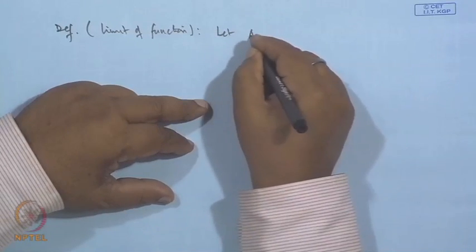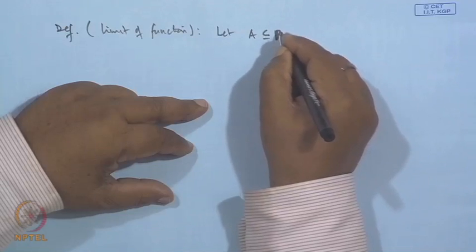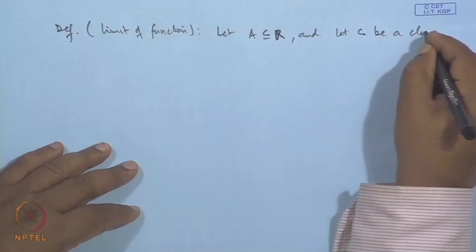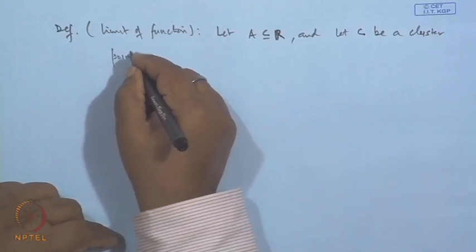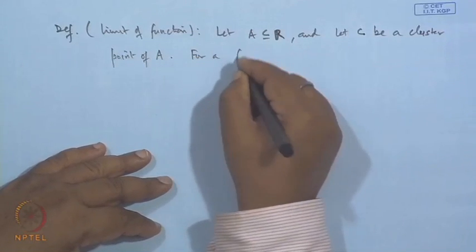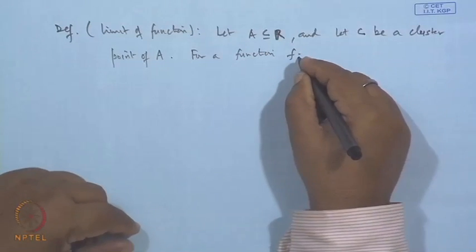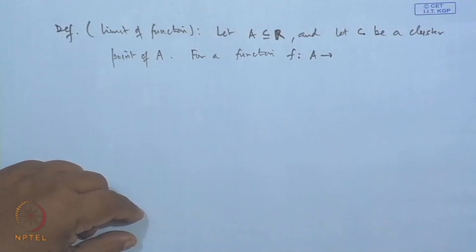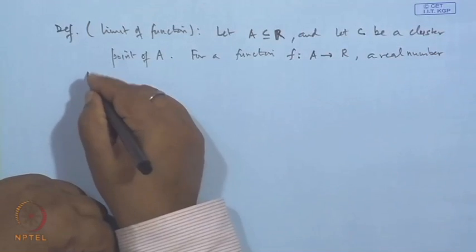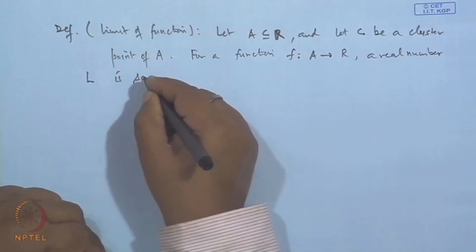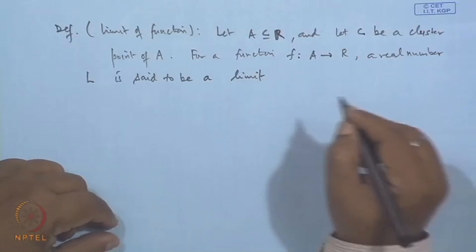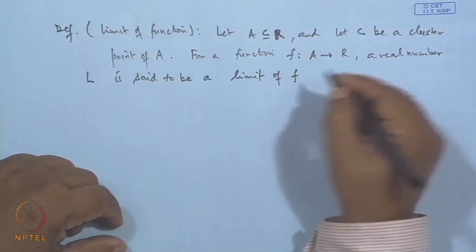Let A be a non-empty subset of R, and let c be a cluster point of A. For a function f from A to R, a real number L is said to be a limit of f at c